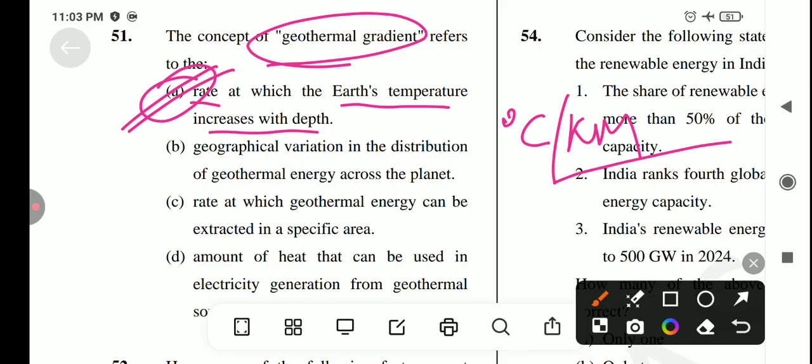And another one is oil and gas exploration, where gradients help in assessing the thermal maturity of potential hydrocarbon reservoirs। okay, and next one is scientific research also, it helps understand the thermal history and dynamics of earth's interior।